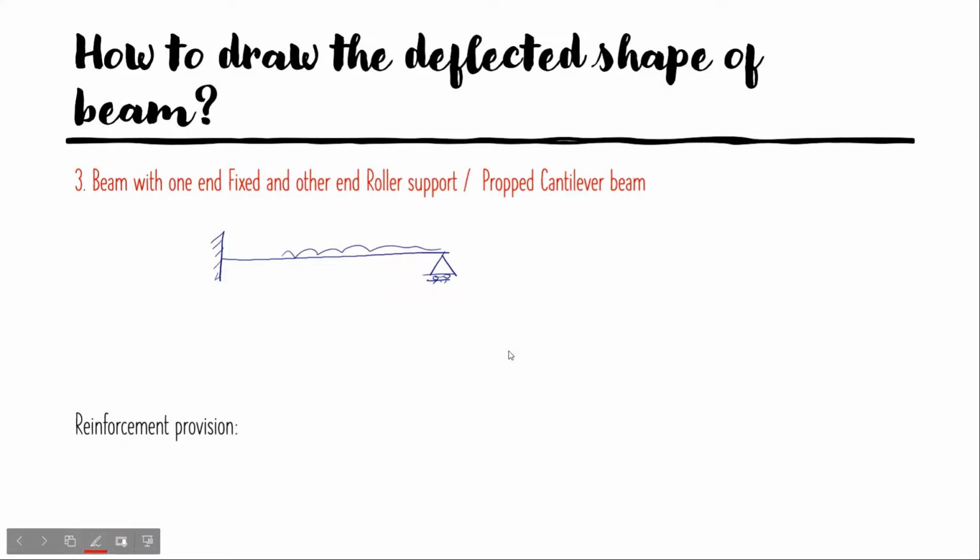Here we know all the three displacements: delta V is 0, delta H horizontal displacement is also 0, rotation is also 0. Here only vertical displacement is 0. So therefore vertical reactions would get developed or induced at this position. Otherwise the slope is not 0 here, slope is not 0.